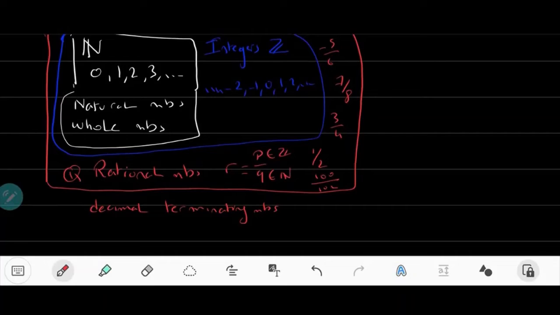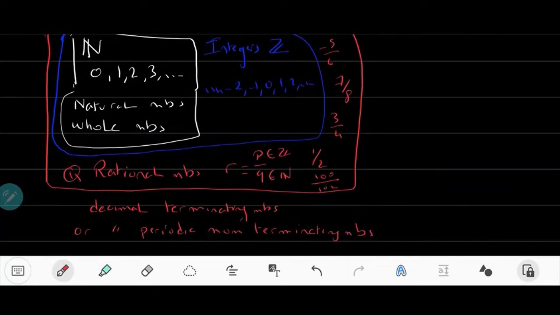They don't have an infinite number of decimal places. Okay, or the decimal non-terminating numbers but periodic. So I will rewrite it. Decimal periodic non-terminating